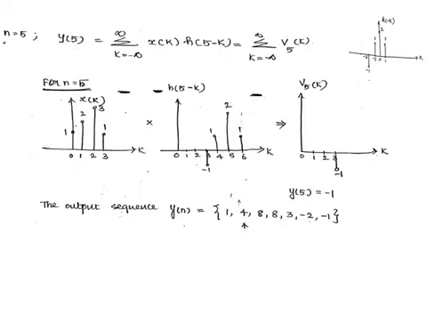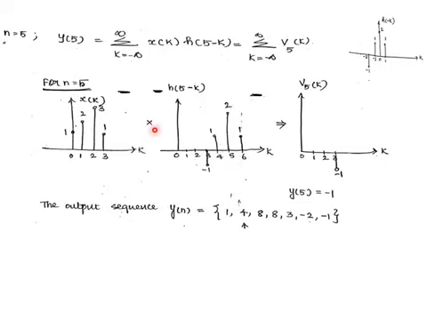You can either do this way, or else you can also shift the sample values of h of 4 minus k by 1 unit towards right. Both are one and the same. So here, to get this h of 5 minus k, we are shifting the sample values of h of minus k by 5 units towards right. So the sample at k is equal to minus 2 will now be shifted to k is equal to 3. So you'll be drawing this minus 1 at k is equal to 3, and consecutively all the sample values will be shifted. So you'll get the signal like this.